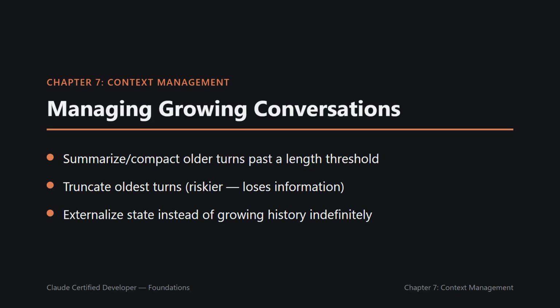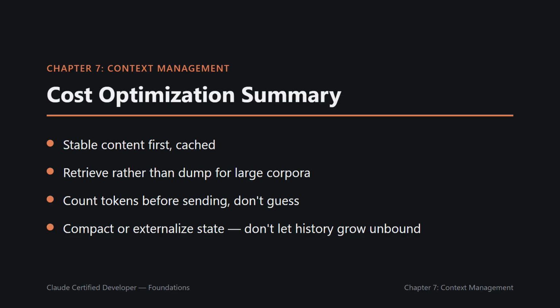Or externalize state. Instead of relying on conversation history to remember facts, store them in your own application state and inject only what's currently relevant into each new request. Putting this chapter's techniques together, a cost-conscious production system typically puts stable content first and caches it, retrieves rather than dumps for large corpora, counts tokens before sending rather than guessing, and compacts or externalizes state rather than letting conversation